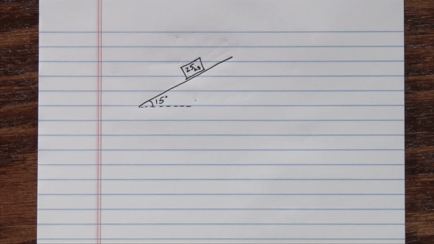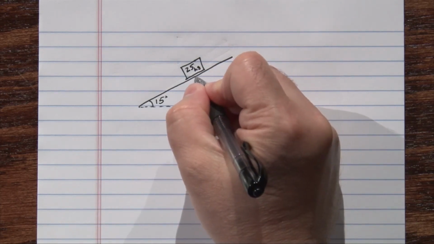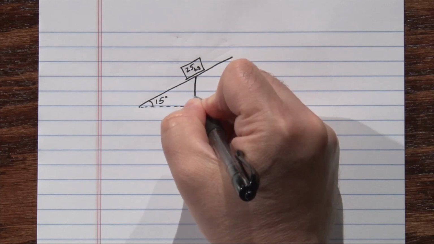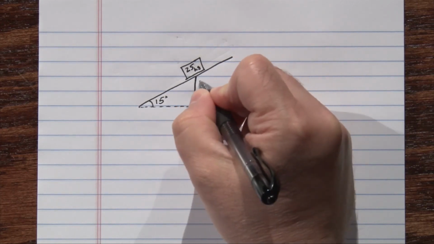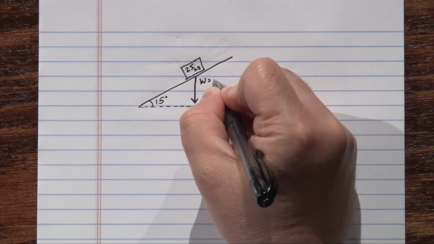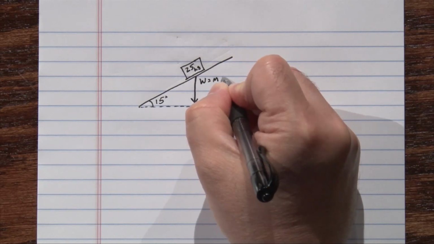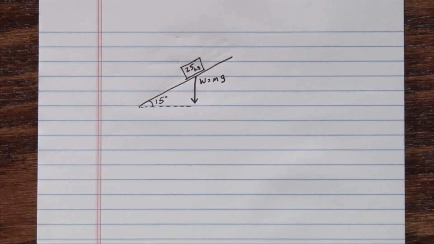Well, if the crate has a mass of 25 kilograms, we can figure out its weight. Its weight is going to be vertically downward, and the magnitude of weight is its mass times g,